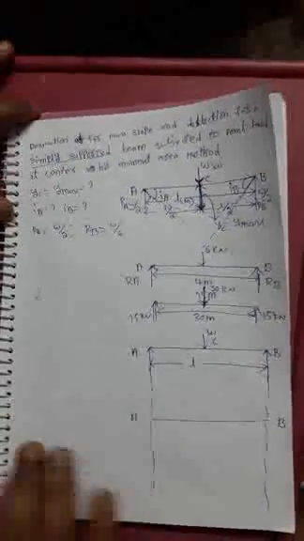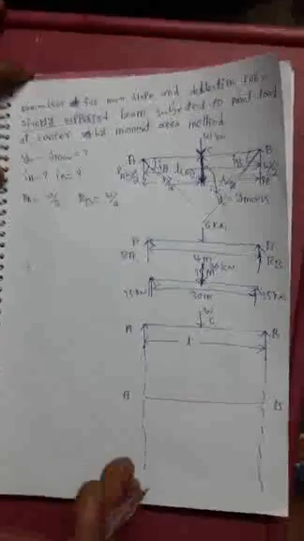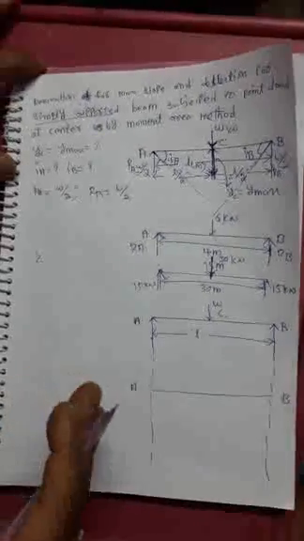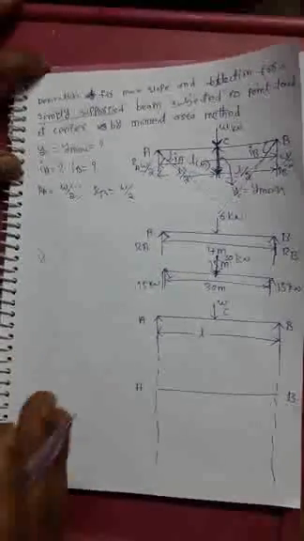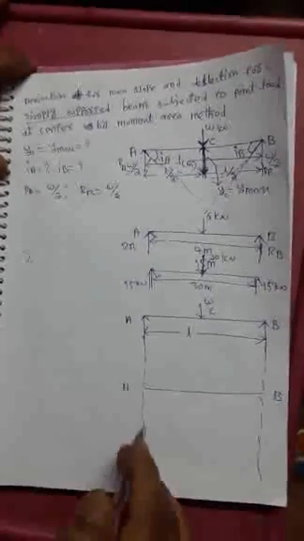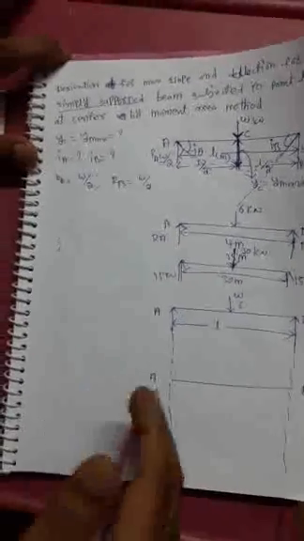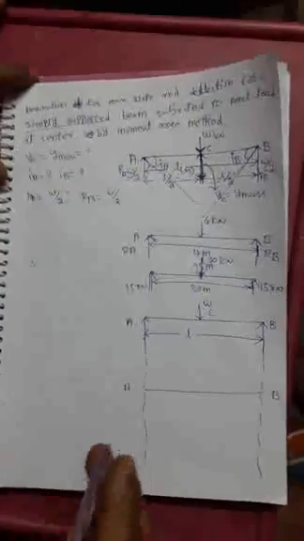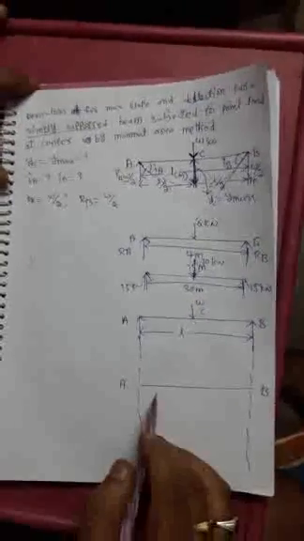to find a bending moment diagram. First we find a bending moment diagram. Through the bending moment diagram, we are going to find the maximum slope and deflection at any point of the beam. So the requirement is the bending moment diagram. Draw the bending moment diagram for the beam as shown in this figure.